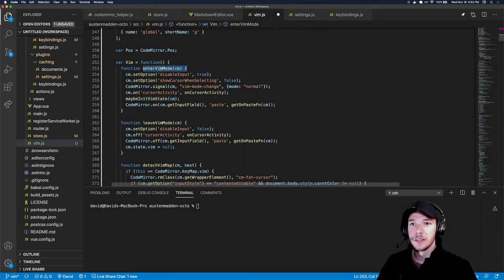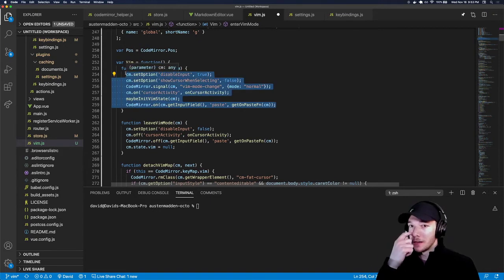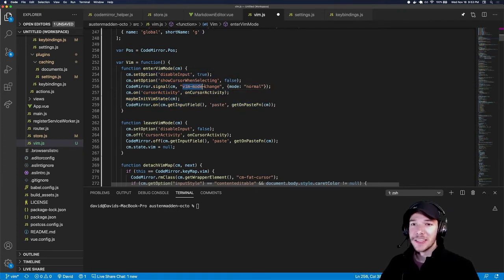I'm interested in, you'll see CodeMirror.signal. Oh, so you're thinking after it loads, I could potentially just. I'm curious, what is that? This is like enabling or disabling Vim functionality. Well, no, I'm wondering if you think the vim-mode-change is what that event is signaling, not that it's because of the mode. Oh, maybe. Never mind. I think you're right actually. So you're saying if we just enter Vim mode and we pass in like